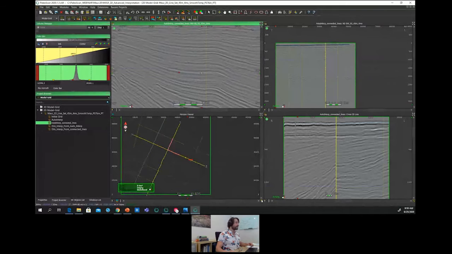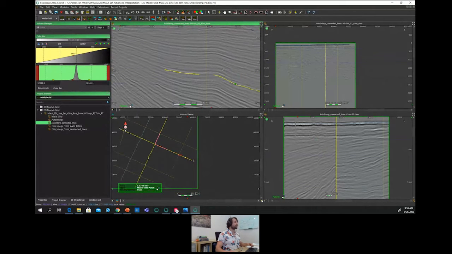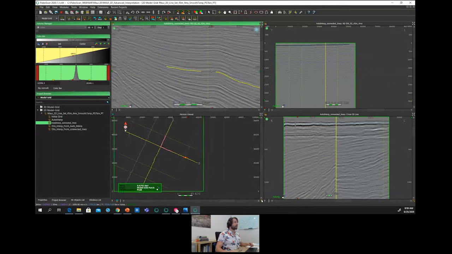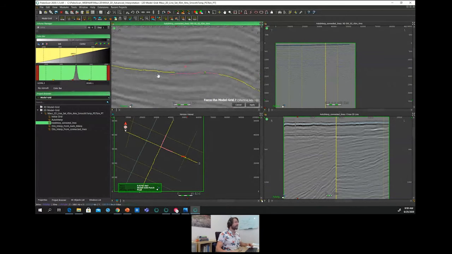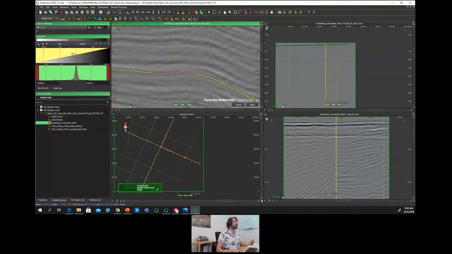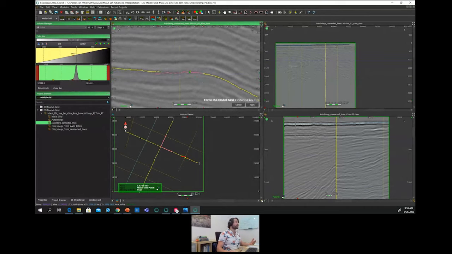For instance, I'm grabbing this peak, I press propagate. I can carry on its propagation like this. I can continue like that. So the shortcut for this option is W. And here Paloscan says that I will have to further the model grid if I want to carry on this modification. Paloscan informs me about this option because here my choice will induce the management of an overlap between pre-existing horizons that Paloscan has interpreted.